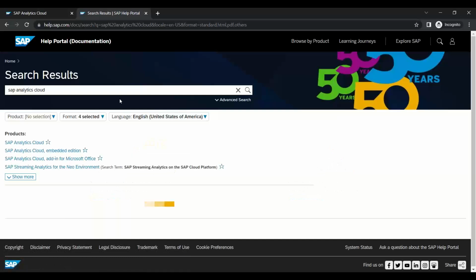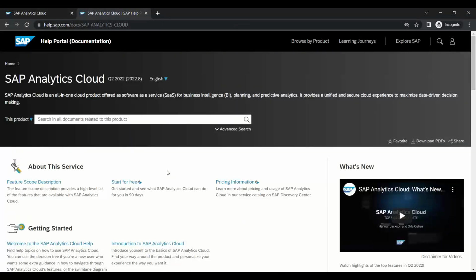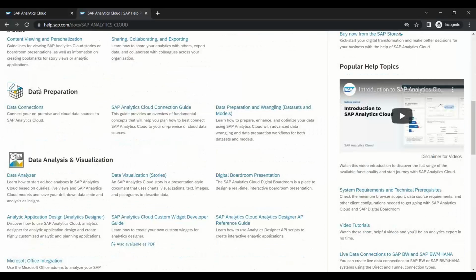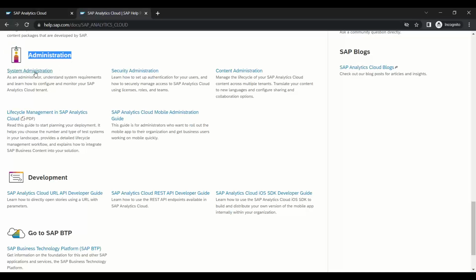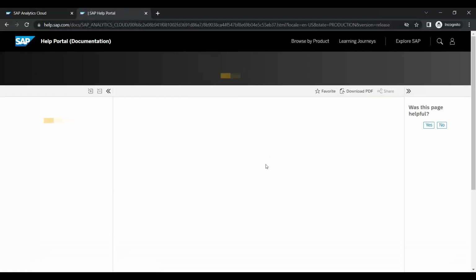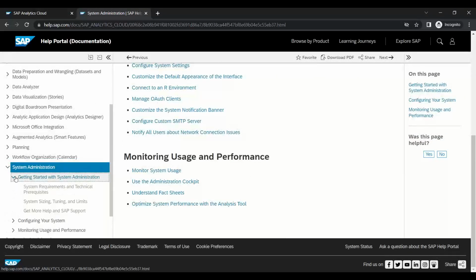We can go to the product page of Analytics Cloud, and this is our Analytics Cloud product page. If you come down, you see we have everything here. If you come down to administration, you see system administration, system security, content administration. You go to system administration